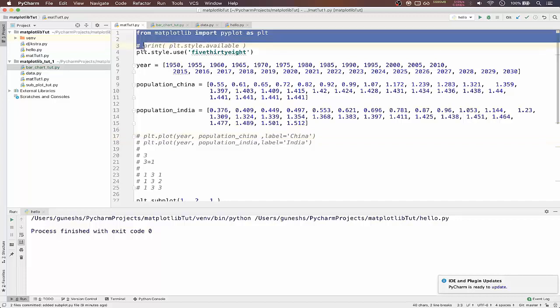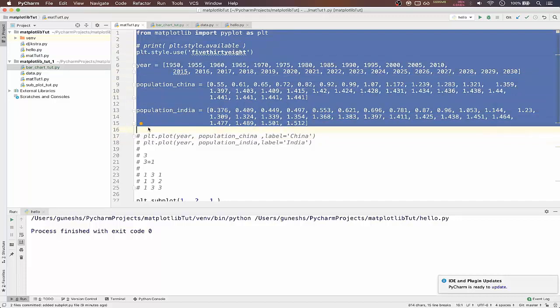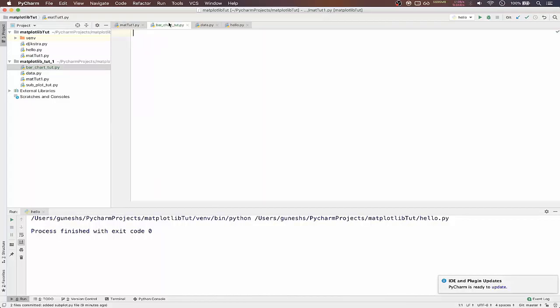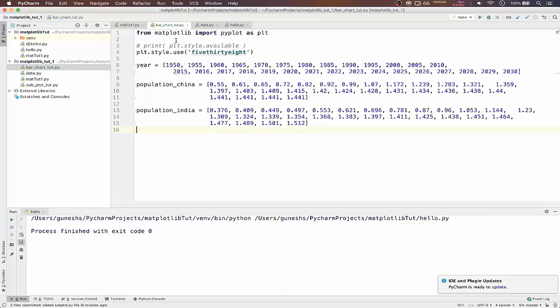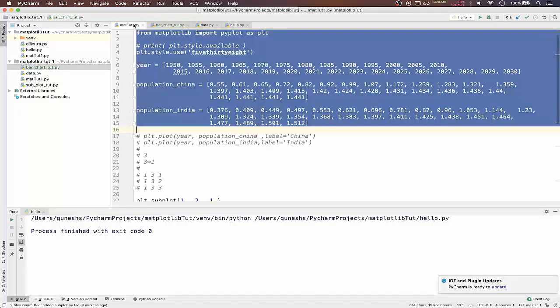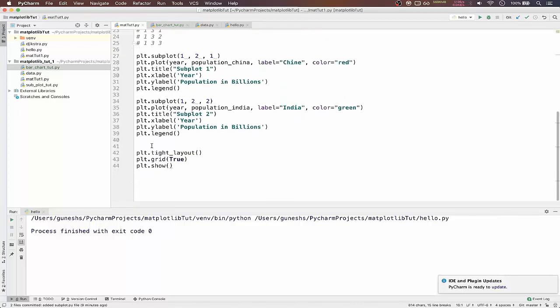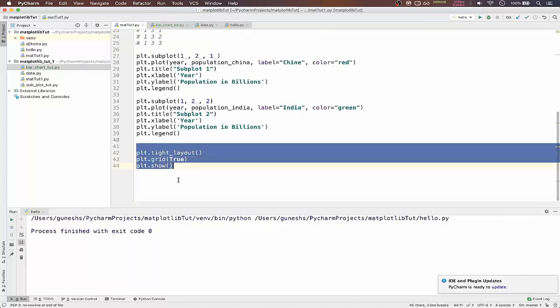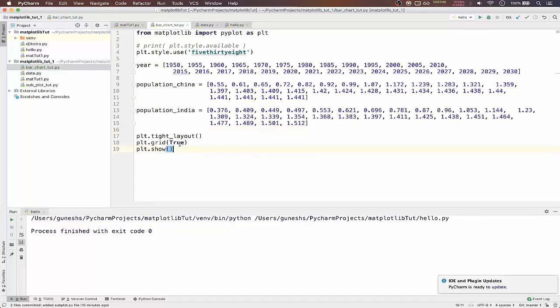We'll copy the data from our main file to the bar chart. Okay, that is year, population, China, India, and we'll get the ending lines. Place it here. Okay,